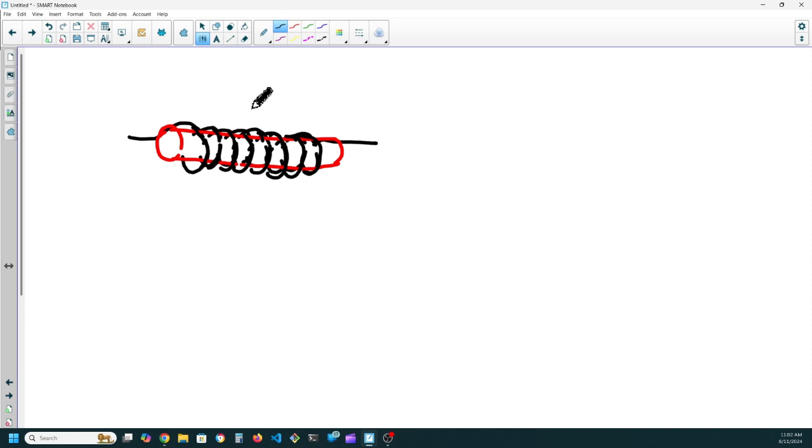So when we put a current through a wire, we create a magnetic field, and we can intensify that magnetic field by wrapping these into a coil. Well, the opposite is true also. The opposite is true, so that when I take a wire and I move it through a magnetic field, if